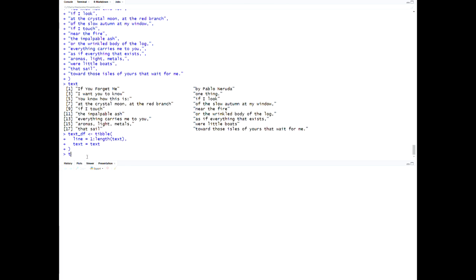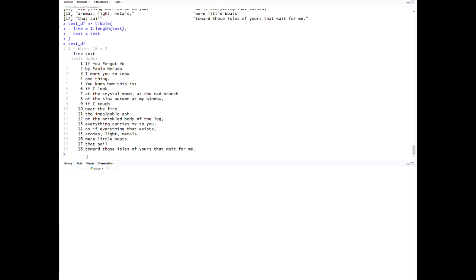Now if I convert this to a tibble, I can do this by putting line numbers in. I don't have to do that, but I can make the line numbers. So I can make line numbers to be 1 to the length. So I have the line number, and then I have the text variable to be the text that was in that line number. Now once I have this in a tibble,